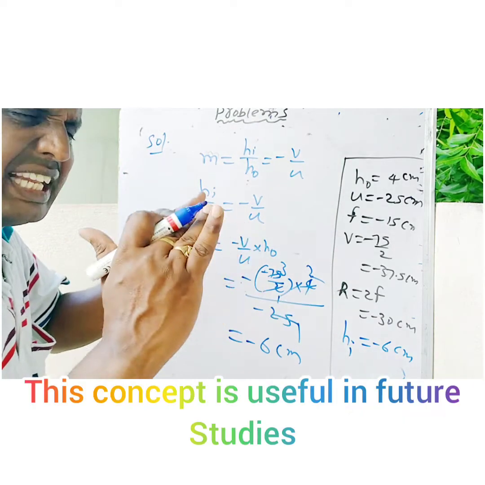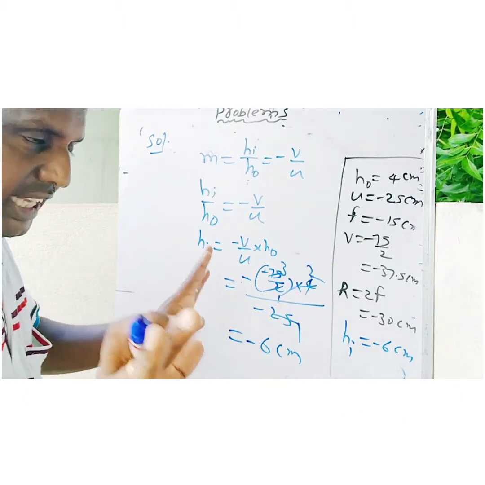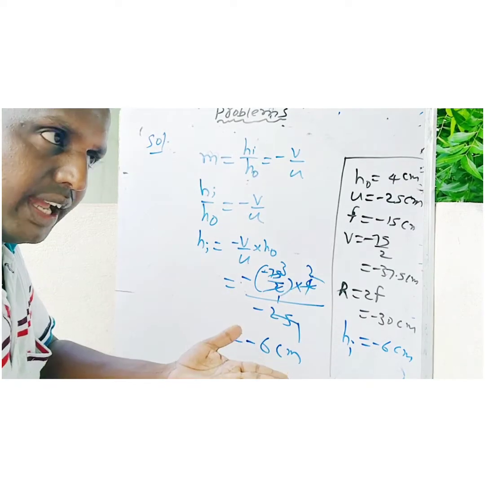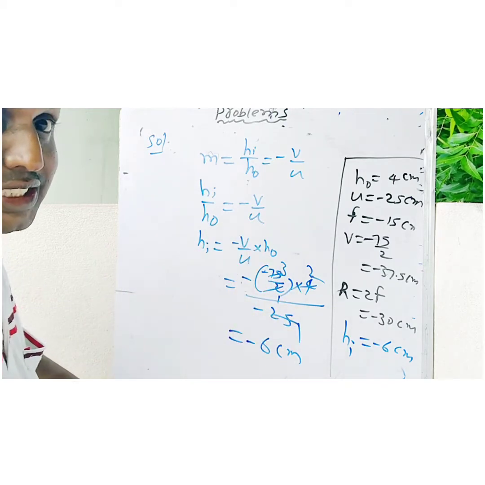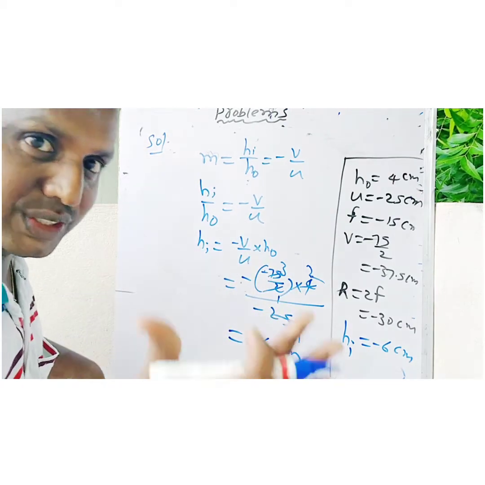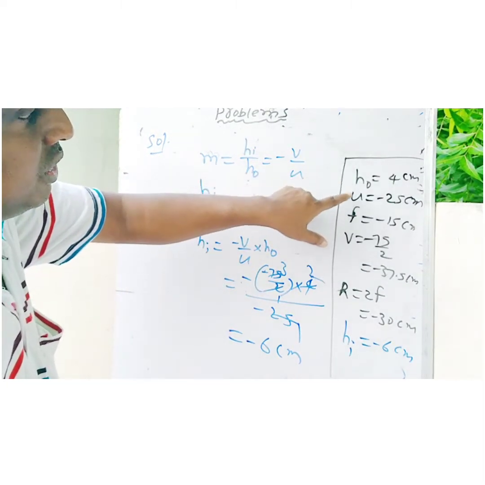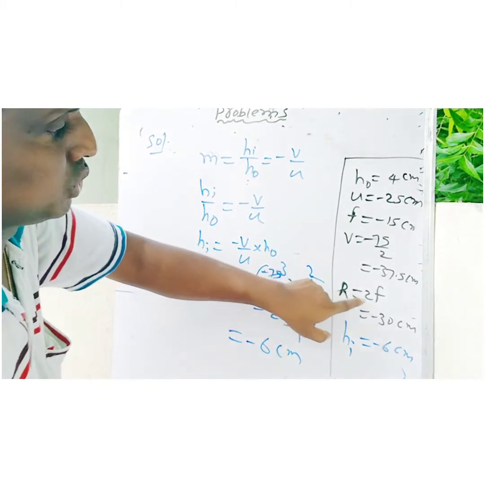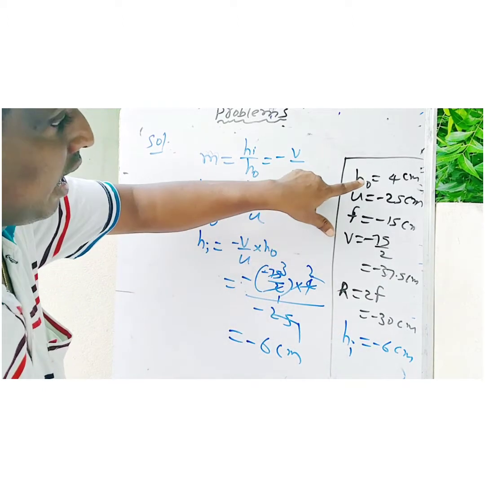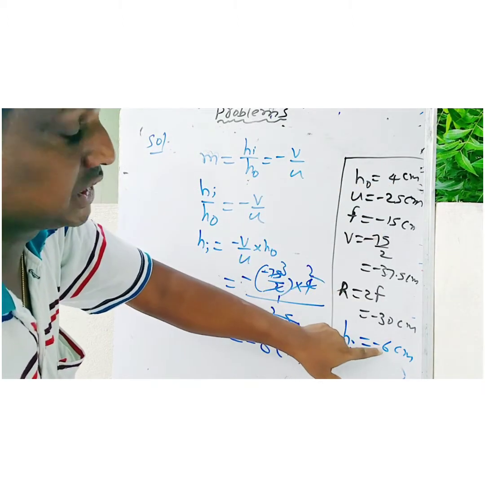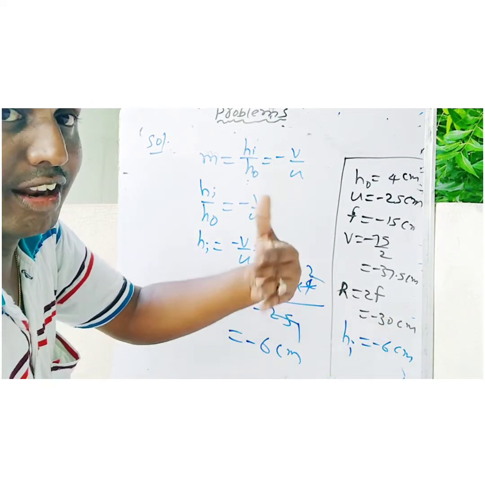Okay, now for very clear clarification, I will draw a figure also. In the examination, no need to draw. If you are asked for a diagram in the examination, you can draw, otherwise no need. But I am explaining by diagram also for your convenience, for your clear understanding. See now, these are HO given, U given, F given, or we know 2F. But now we got V value, and HI value 6. So how much is the size of the object? 4. But here 6. That is called what here? Magnified or enlarged. I told you.